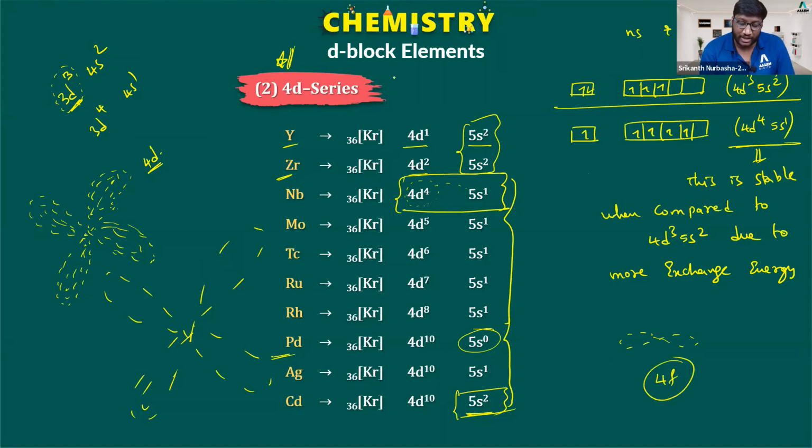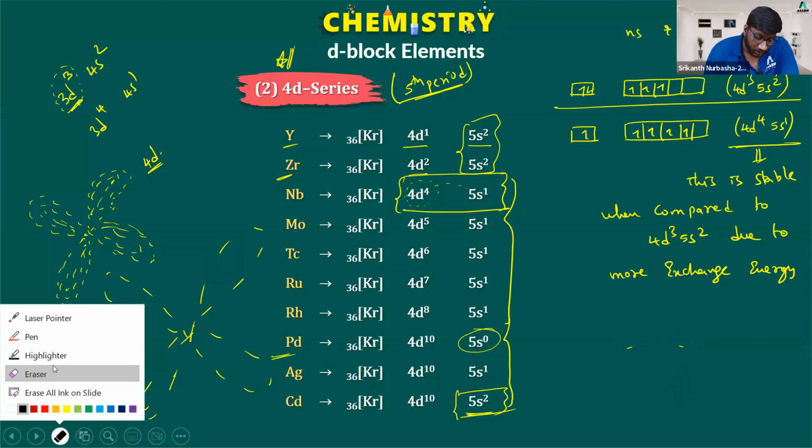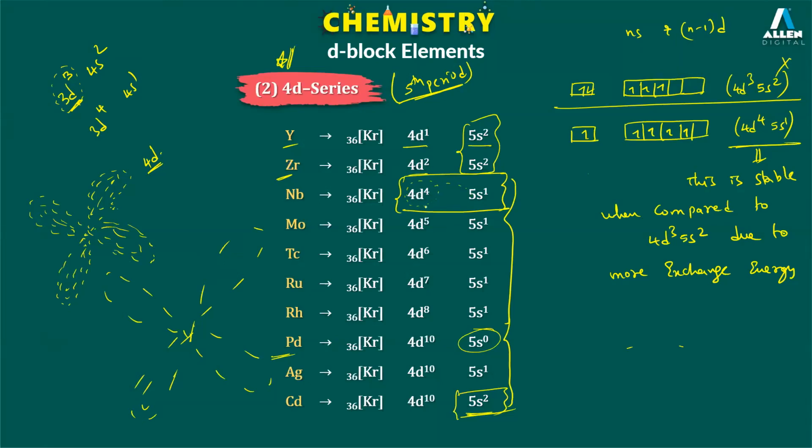Yes or no? The 4d series means which period? Fifth period. In the next period, the sixth period, I will have the f subshells filled. Because of the filled f subshell, you do not have the same electronic configurations or the same exceptions in the 5d series. In the 5d series, write down: that is why it is important to know where the exceptions are high and why it is so.